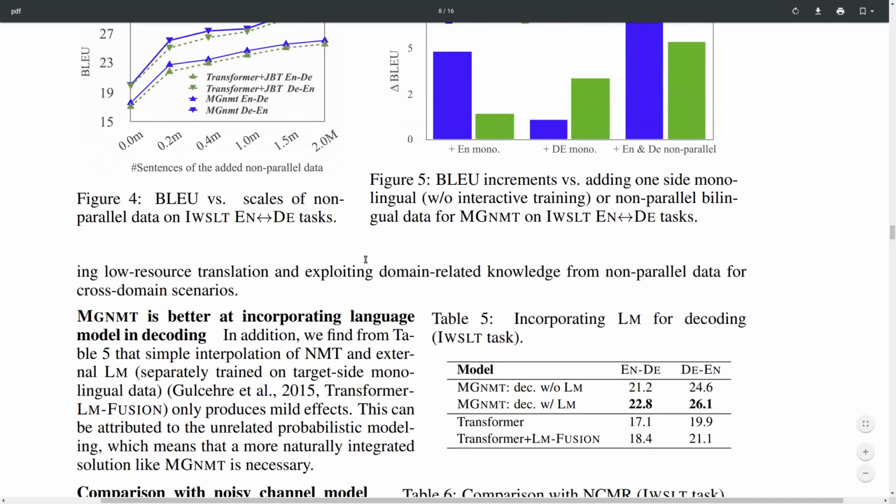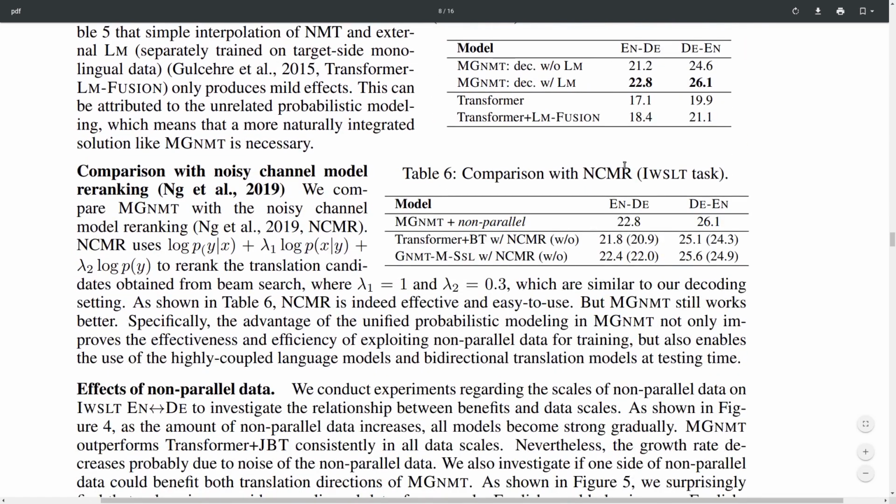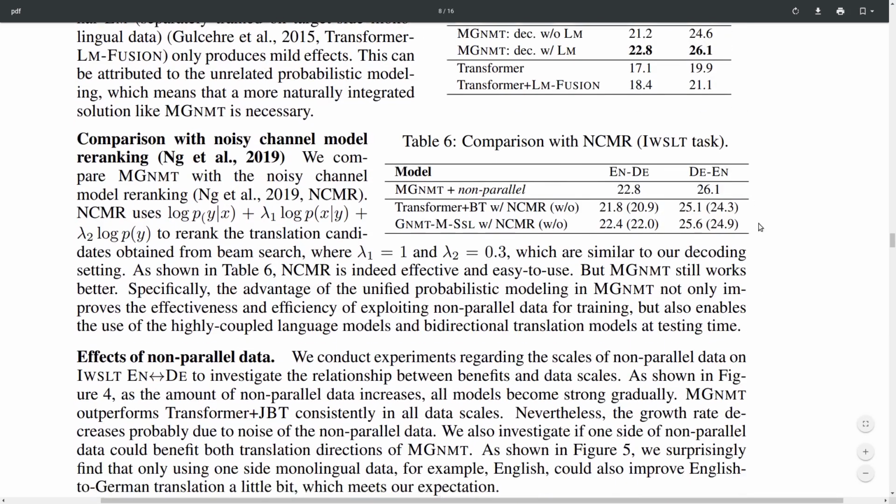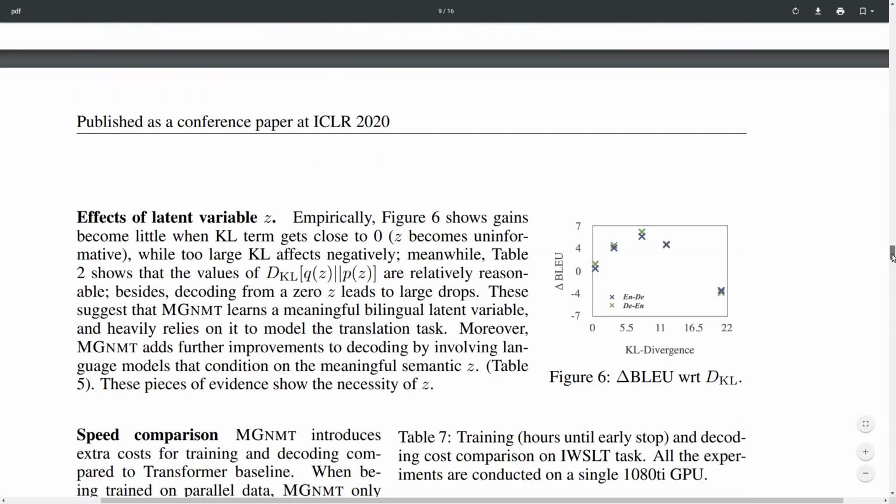So I think that was the main thing that I wanted to discuss. You have a lot of other experiments and analysis in this paper, and there's a lot of details. Here they also show some further proof that this step of mirror training seems to perform better compared to some previous work on integrating pre-trained language models within translation, from this paper here.